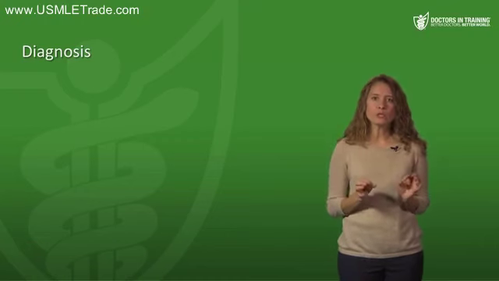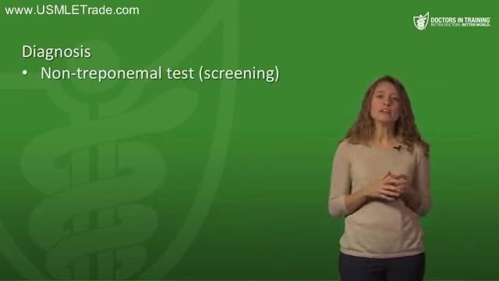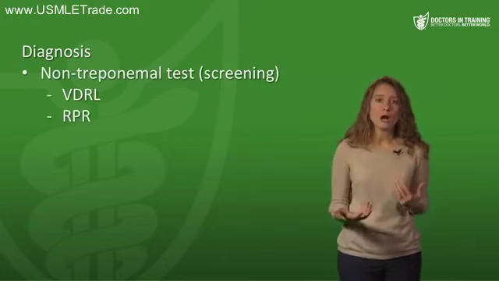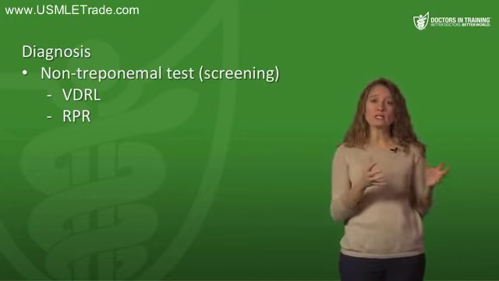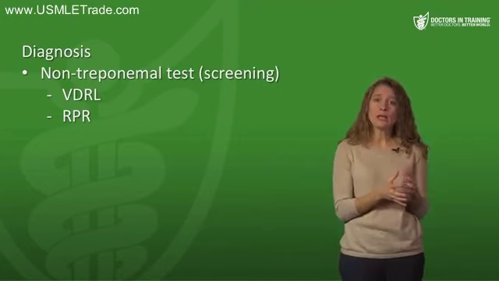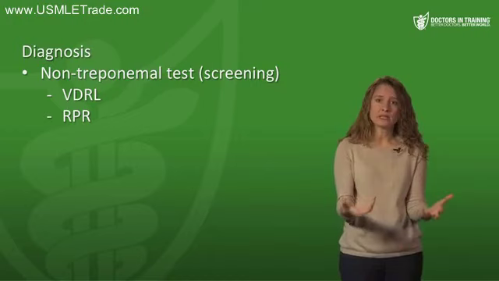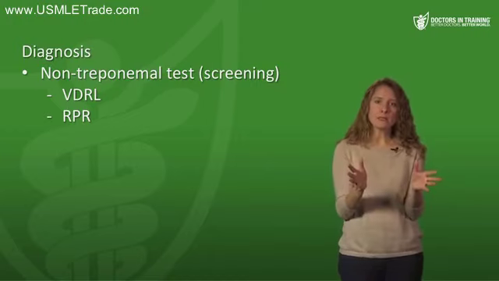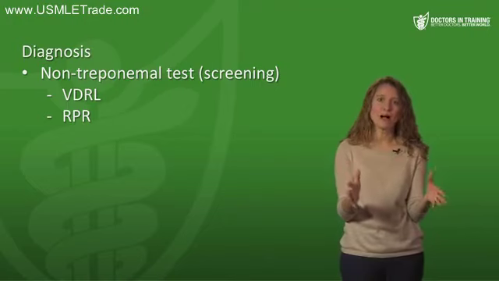To screen for syphilis, we usually start with what's called a non-treponemal test. This would be a VDRL or an RPR. These tests are checking for serum reactivity against a cardiolipin cholesterol lecithin antigen. So this is not specific for syphilis, but usually is present in people with syphilis. These non-treponemal tests are known to have false positives in a variety of other conditions as well,